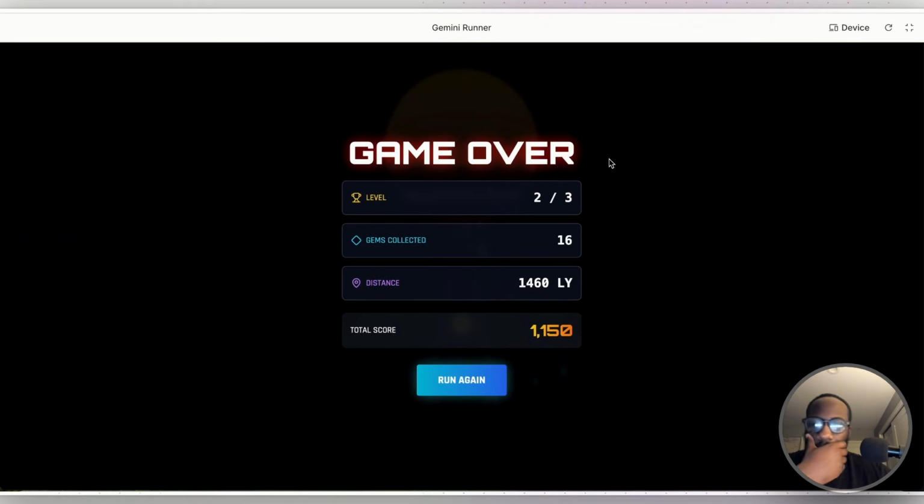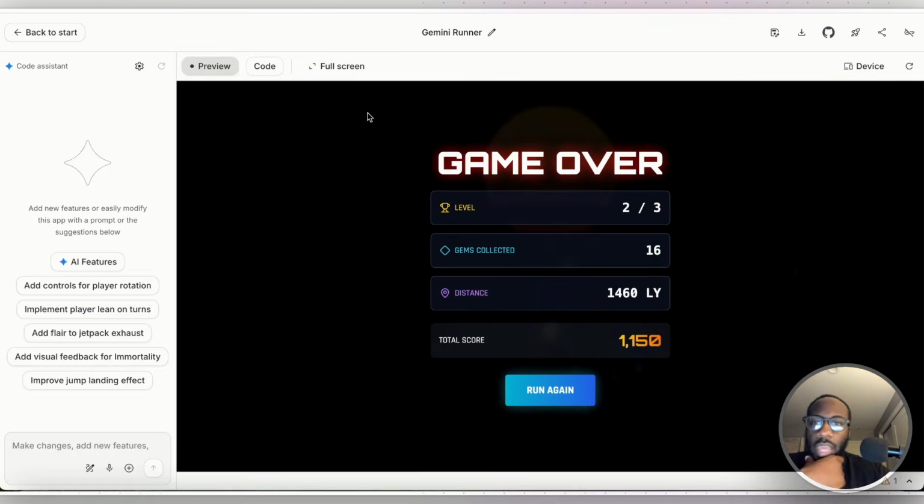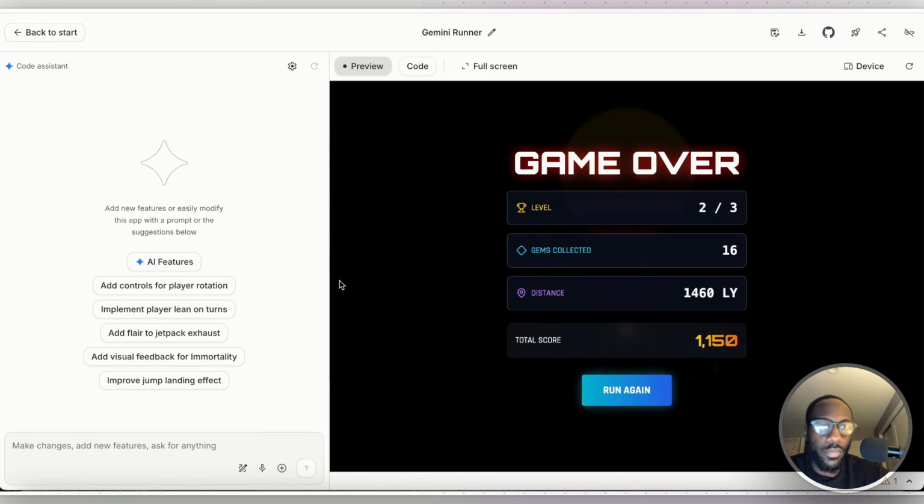All right, cool. So that is the Gemini Runner. And so we can go ahead and remix this, we can turn it into our own game, right? You can add other features to it. But I'm just going to make this simple and demonstrate the capability of something like this. Maybe I'll add a feature,